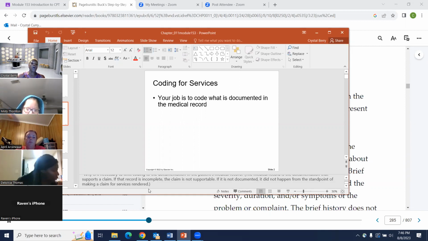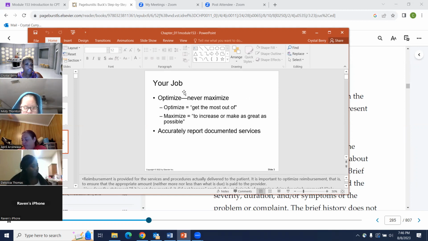That's the rule for all types of medical services. If it wasn't documented, it didn't happen. So remember, your job is to code what is documented in the medical record. Your job is also to optimize, never maximize. Optimize equals get the most out of.